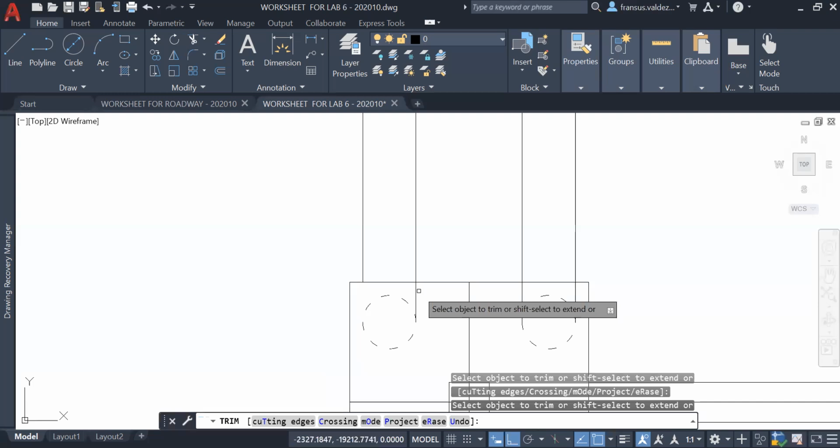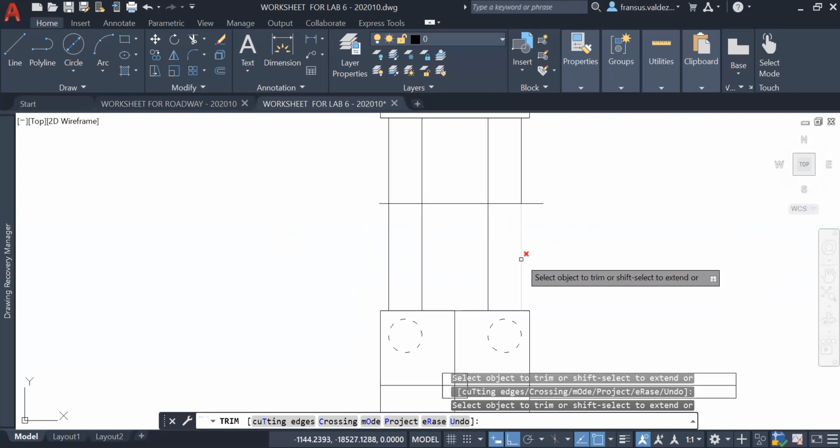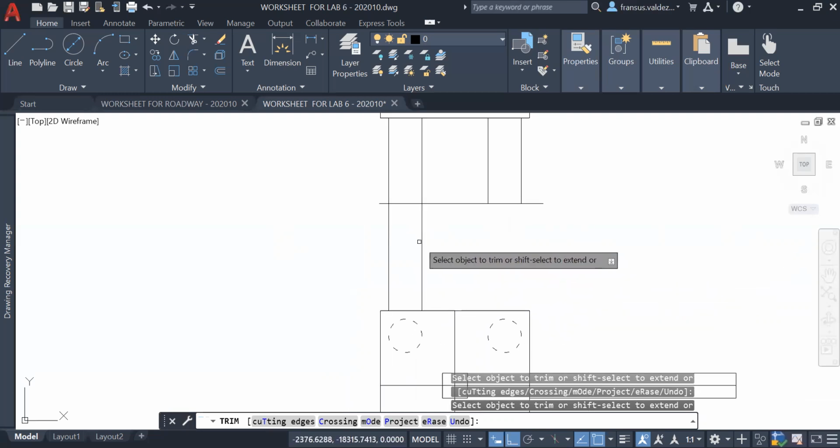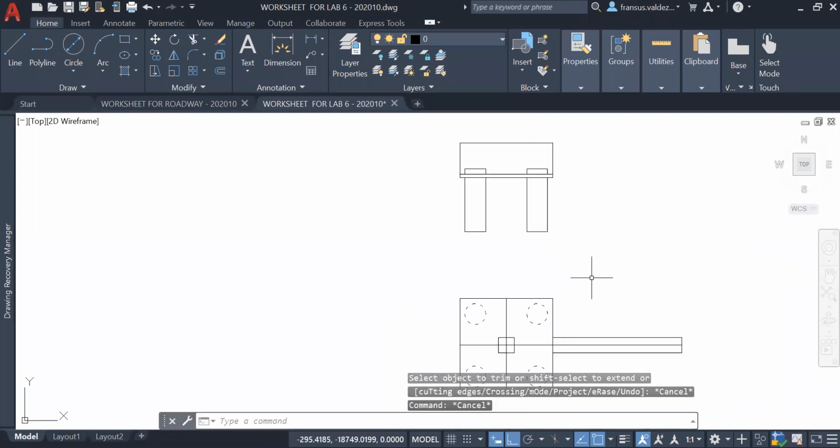So at the same time we are doing some troubleshooting now. Okay, so here, look at this one here. See here, see this one. So the reason why it was gone, because there was no continuity, right? There is no continuity of the line. So I can remove this one, I can remove this one, I can remove this line. That's now your